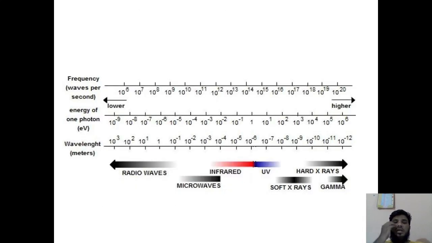So this is the scale where we can differentiate the various waves based upon their wavelength and their photon energy or frequency. If you see here, gamma rays and X-rays will be on a higher level, whereas our visible light will be in this region, between the infrared region and the UV region. In between, we have a small region where everything is visible to us. Beyond that we cannot see radio waves and microwaves.